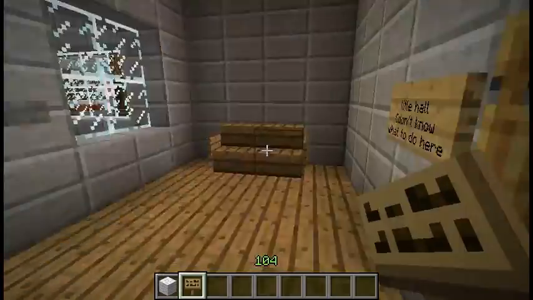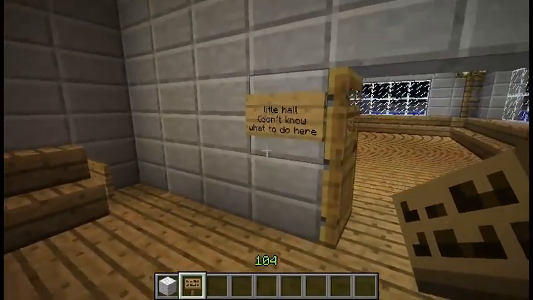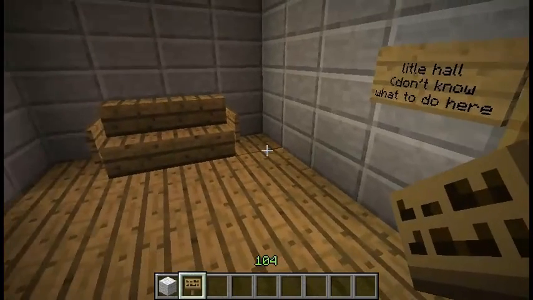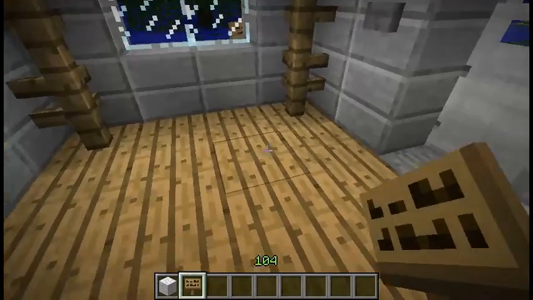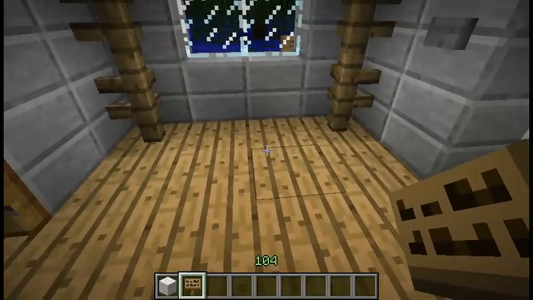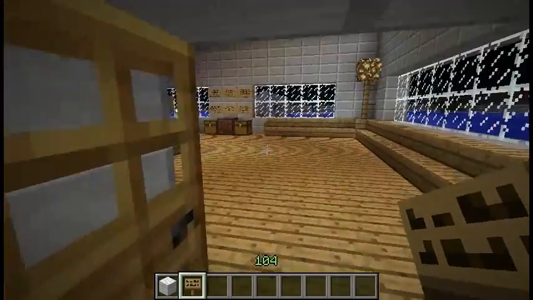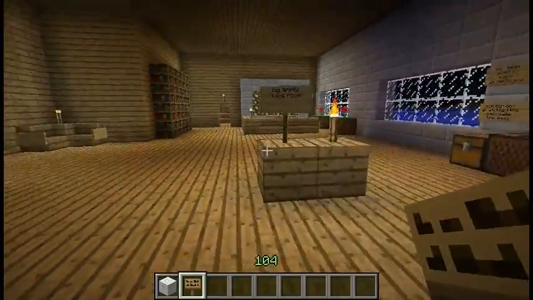An entryway? Look, little hole, don't know what to do here. Think of your own house, or think of other buildings. What usually goes inside the front door? I mean, you've got a little chair here. Usually you have a shoe rack where people put their shoes. Maybe you have a coat rack where people hang their coats. So a lot of houses have a little hallway near the front door. Let's see what he says here.